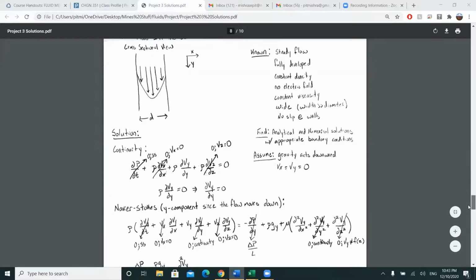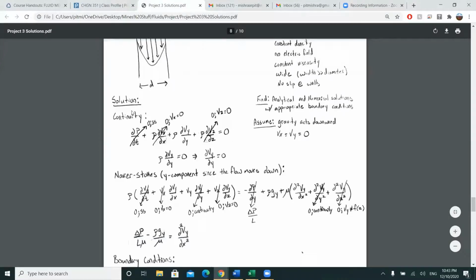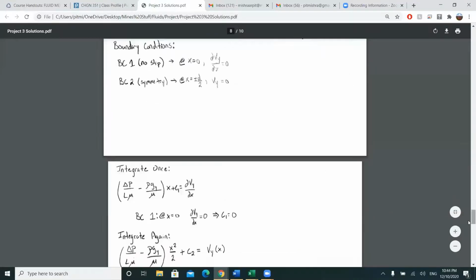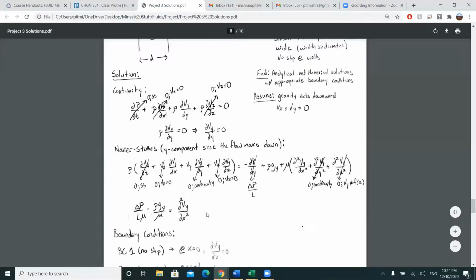So to begin, we start with the continuity equation, in which we can cancel out some terms, and we use Navier-Stokes, the y component since the flow is moving downwards. And then in this, we can cancel out some variables because of continuity, velocities being 0, and we ended up getting